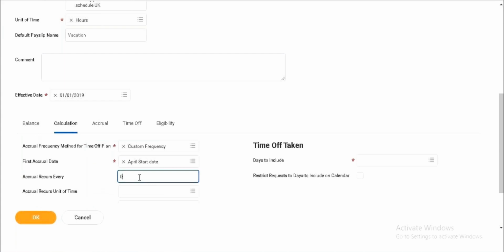So accrual recurs every, if you want to give it as every quarter, then you can define it